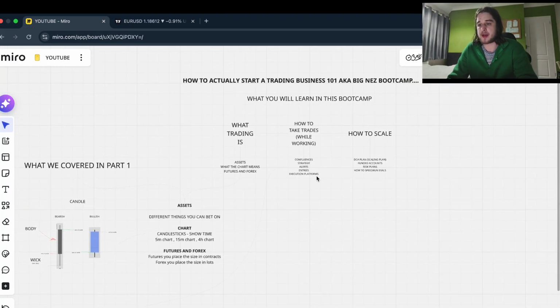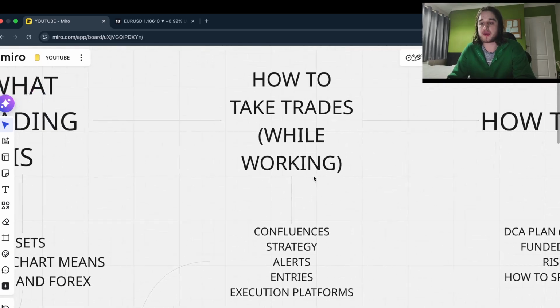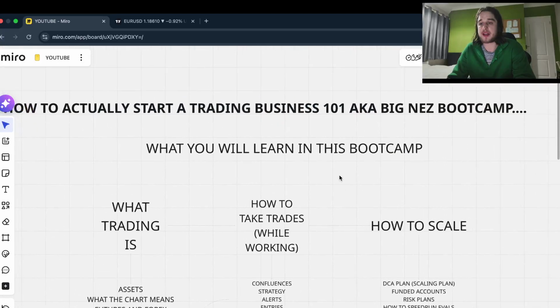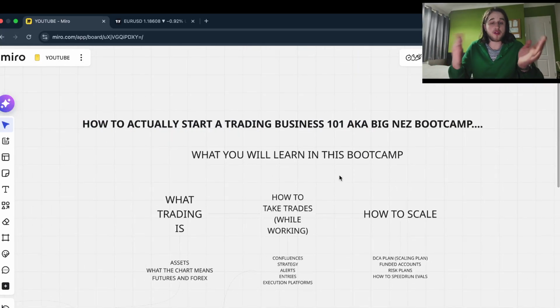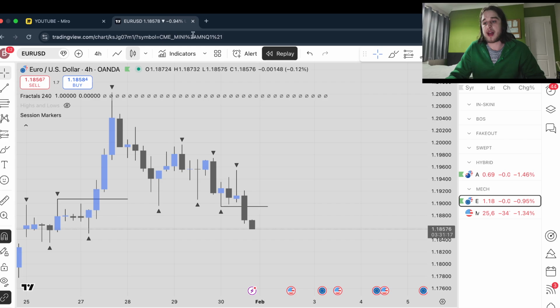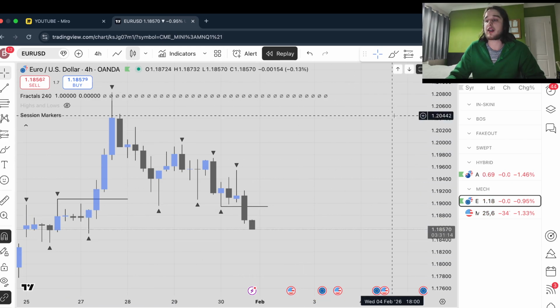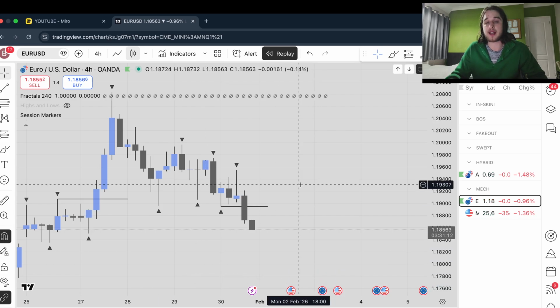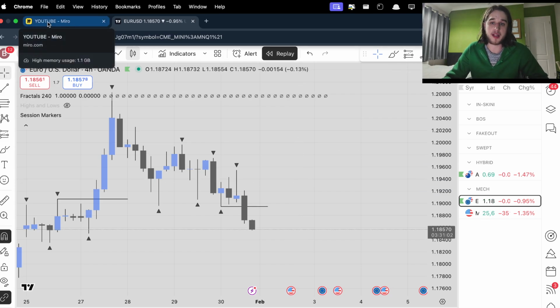Yeah, so we're going to be talking about the execution platforms we're going to be using to actually place these trades, because I've now shown you how to get it on TradingView, set the alerts, find the trades, and find your opportunities in the market. And in the next video, I'm going to go through actually executing these trades, so it's not just a drawing on a screen, because all TradingView is, unless you've got your broker connected to TradingView, is just a visual tool. So we're actually going to be going into how to execute the trades, what softwares to use for what companies,